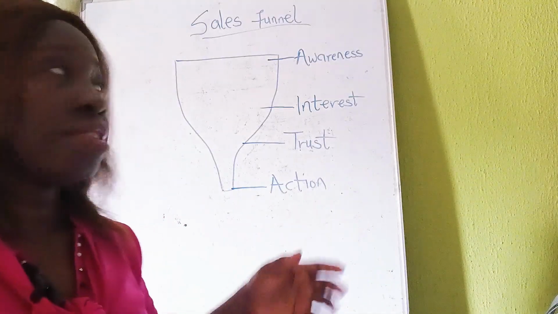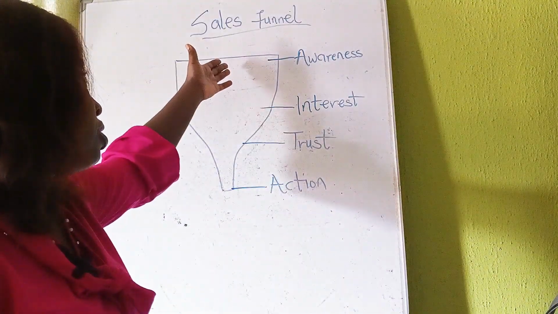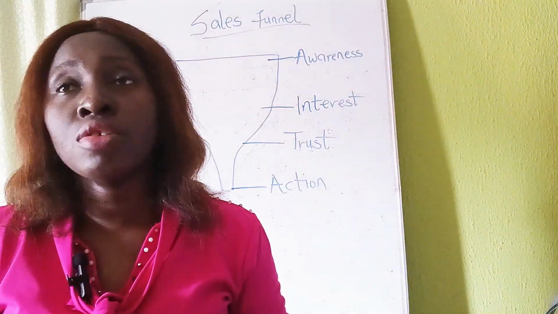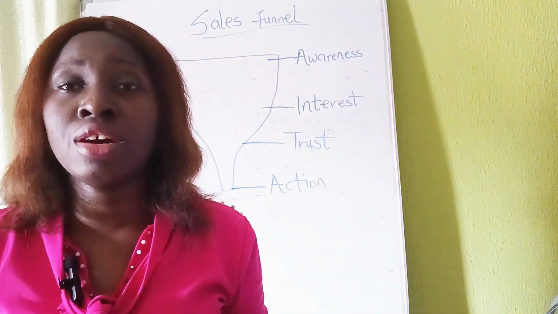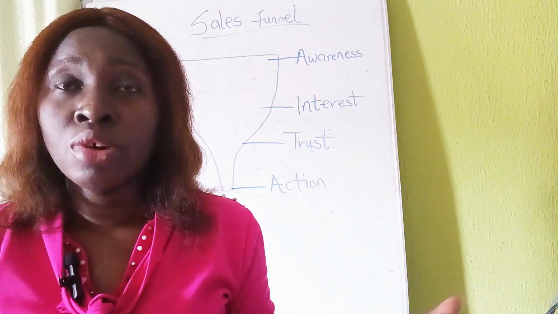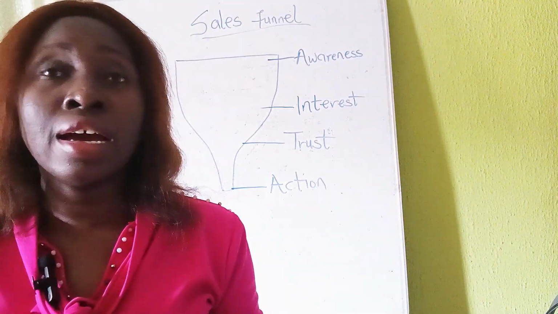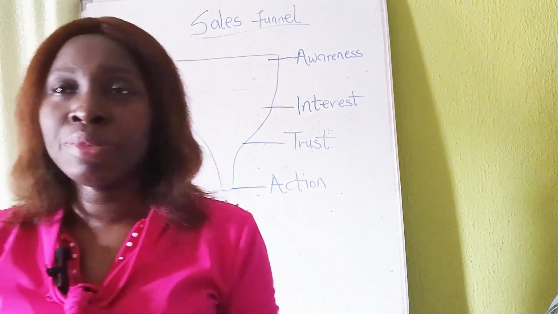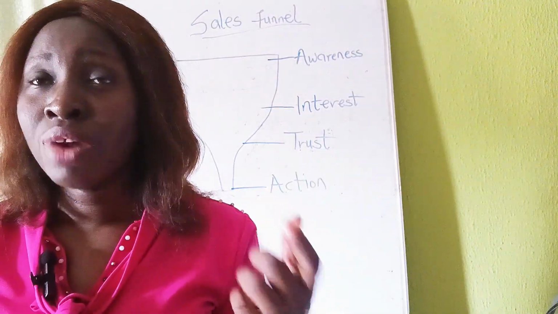So like I did say earlier, this awareness stage is where people are getting to know you. All right. So a lot of eyes at this stage will definitely see your content. You will agree with me that you've been seeing a lot of campaigns, a lot of sponsored ads on social media. Why are people running sponsored ads? Because they need a lot of eyes to see their content. And you will agree with me that you've seen a lot of campaigns on social media, but you never bought from them, or you didn't register for any of their courses, or pay attention to what they are advertising because you feel you're not interested in it. So that is why if you're setting up a campaign or you're growing your business organically, you must ensure that lots of eyes will have to see your content.